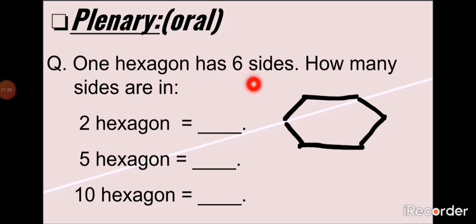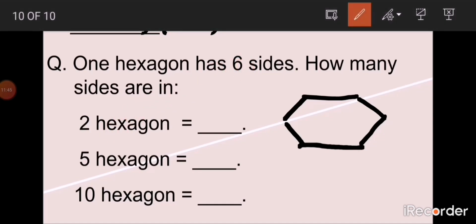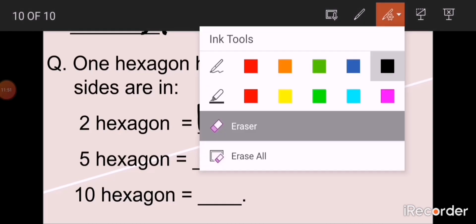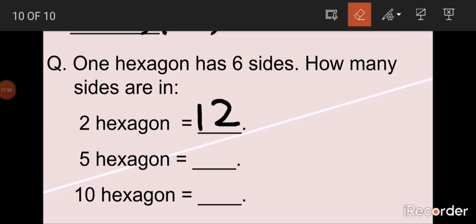We can read the 6 times table till 2 or the 2 times table till 6. So I'm reading the 6 times table first. 6 1 times 6, 2 times 12. The answer is 12. And if I want to recheck my answer, I will read the 2 times table. 2 1 times 2, 2 2 times 4, 2 3 times 6, 2 4 times 8, 2 5 times 10, 2 6 times 12. The answer is 12. Or you can count in 2s: 2, 4, 6, 8, 10, 12. But we are doing multiplication, so we read the tables.